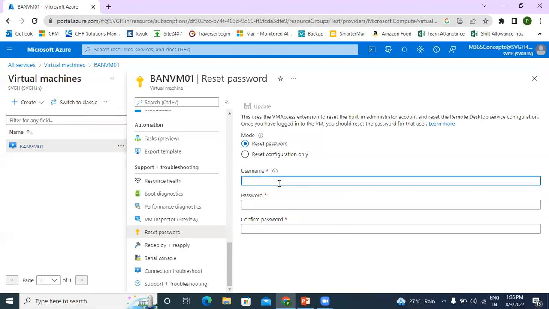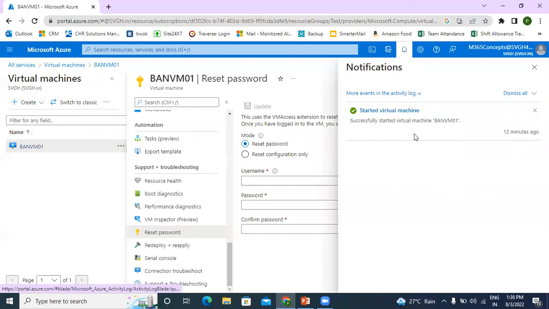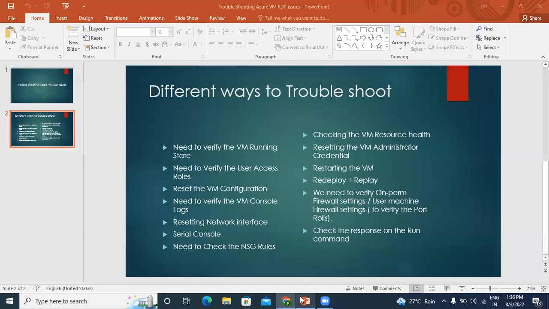If you have an existing administrator username, you can use it, or you can also provide a new one if you forgot the administrator username. So you can update the new username and password, and click on Update. Once it gets updated, you will get a notification stating that the settings have been applied, and you will ask the user again to do the RDP. If the user still says they're unable to connect to the VM,